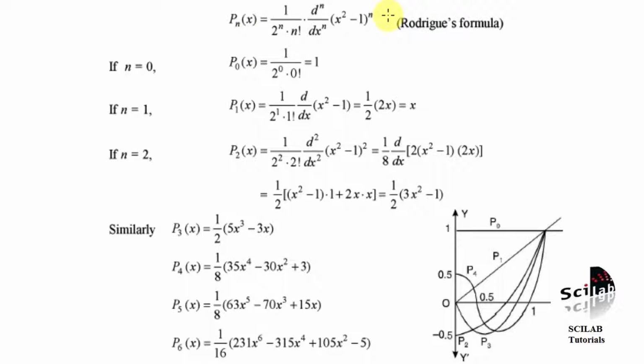As we know, the Legendre polynomials which we can evaluate using the Scilab inbuilt command will give only the numeric values of the Legendre polynomial. What is the meaning of numeric values? We can only evaluate the values of the Legendre polynomials at a given value of x, and for Legendre polynomials x lies between -1 and +1.